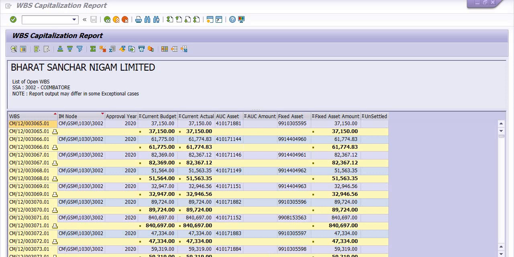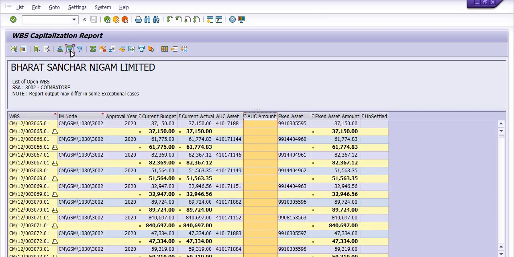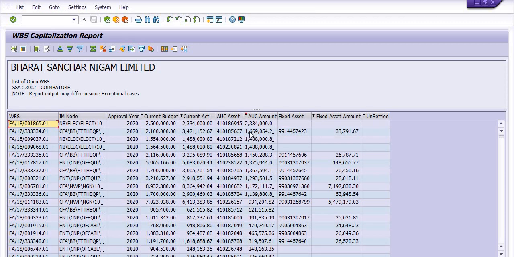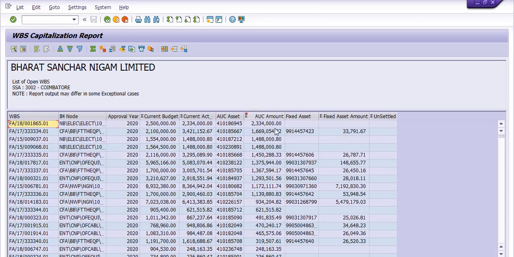Yes, this is the JPS_WCAP report. This is the AUC amount. You can select this column and click on sort in descending order. Fine. See, this is the highest amount AUC asset, 2334000.